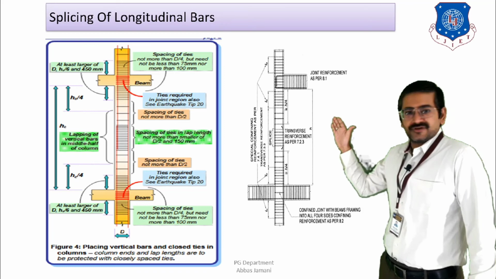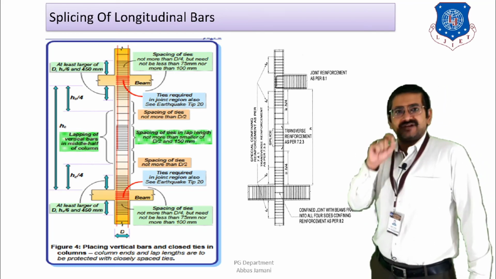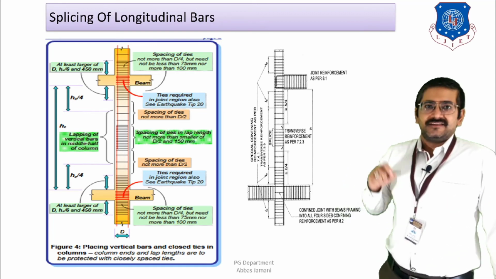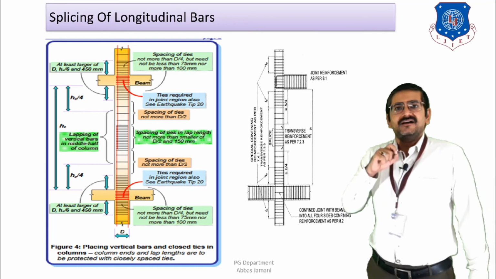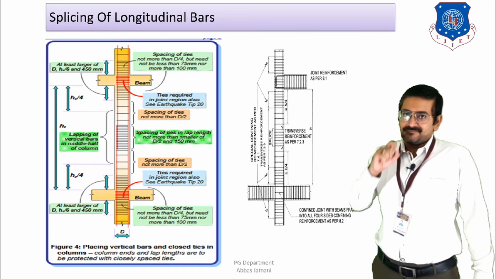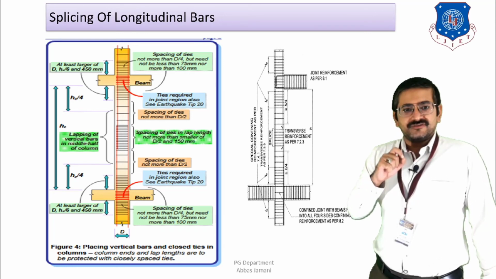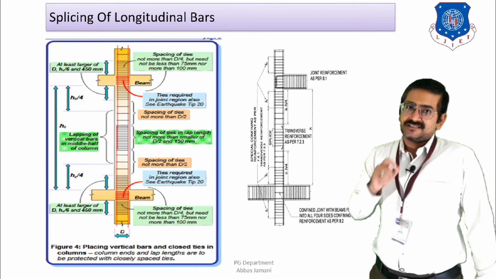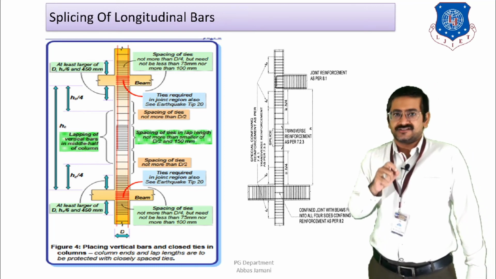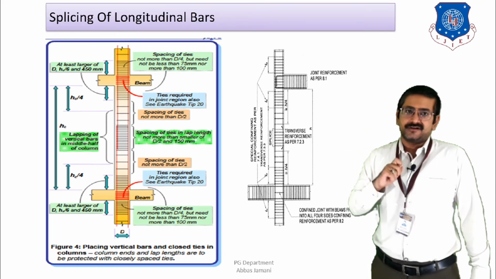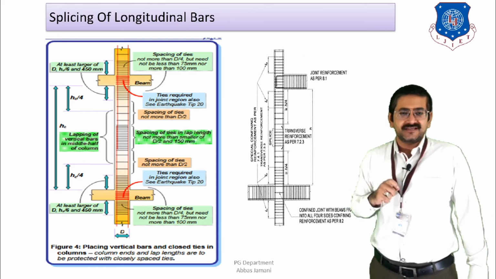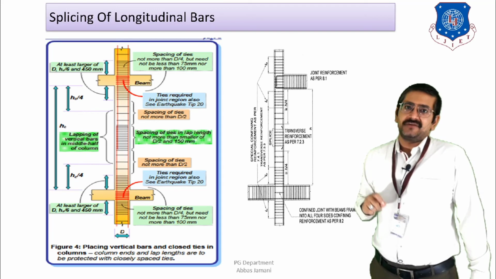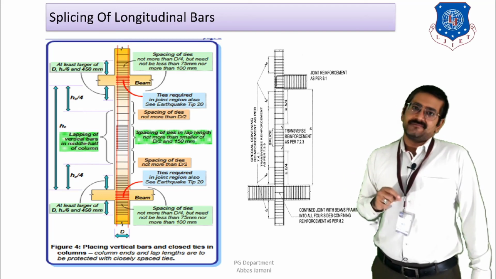In that case, you can see that one arrow is marked in blue color, which is known as L0. For this L0, the guideline as per IS 13920 is that the L0 value should be taken as either D, that is the largest lateral dimension of the member at that particular junction, or HC by 6, or 450 mm, whichever is the greater value. That will give you the height of the confinement zone. And for the stirrups to be placed in this zone, the code is saying that the minimum spacing of stirrups should be 75 mm and the maximum spacing should be 100 mm in this particular zone.